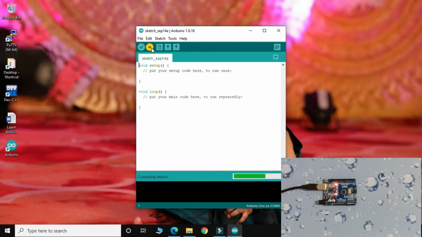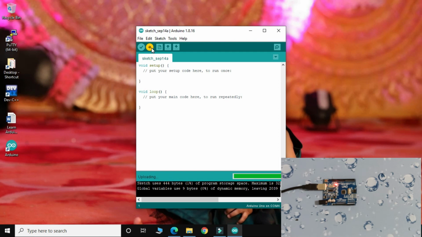TX and RX LEDs on the Arduino board will blink. As you see right now, so right now a blank project is installed into the system.